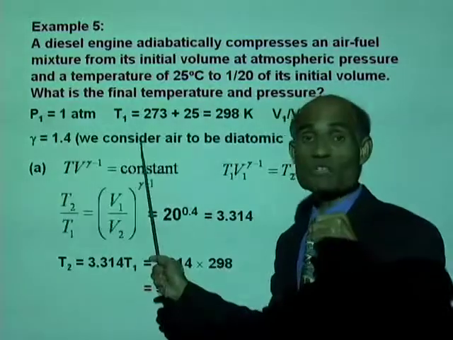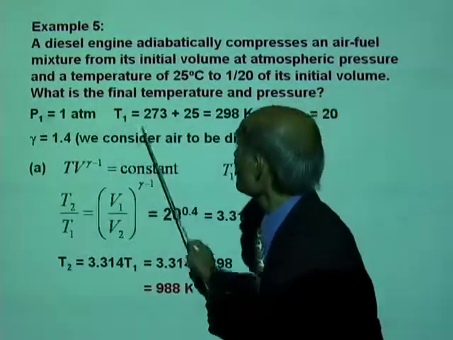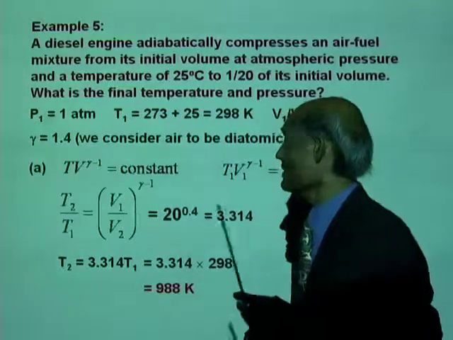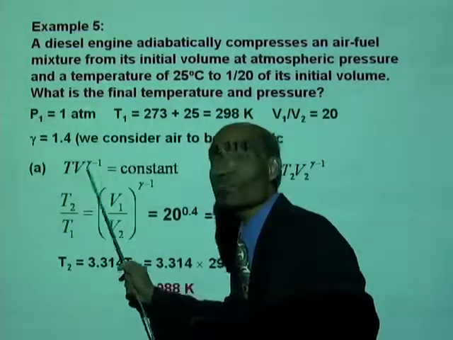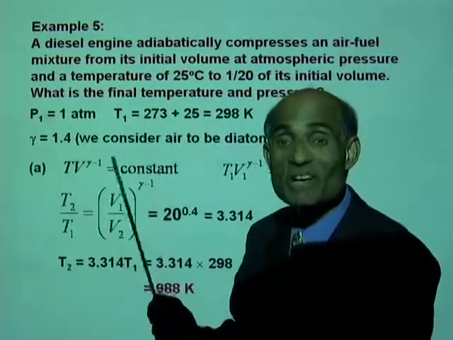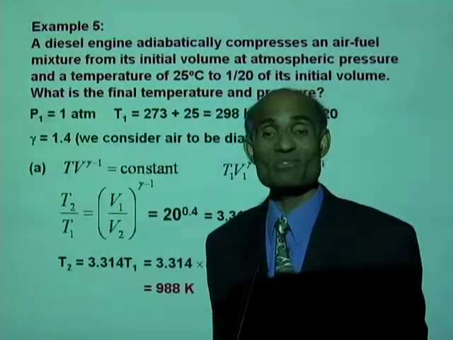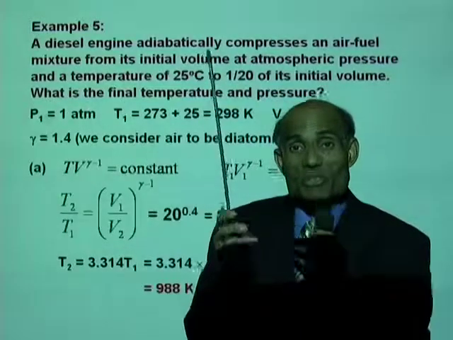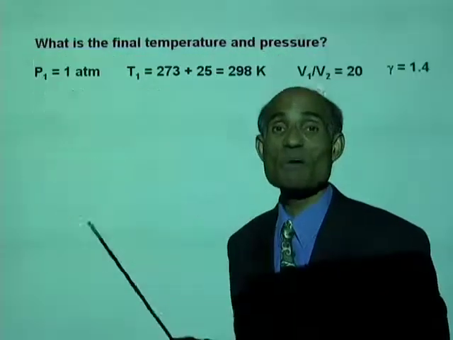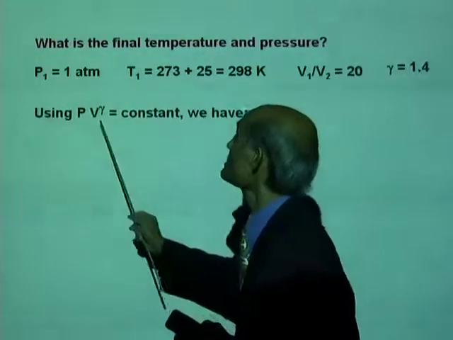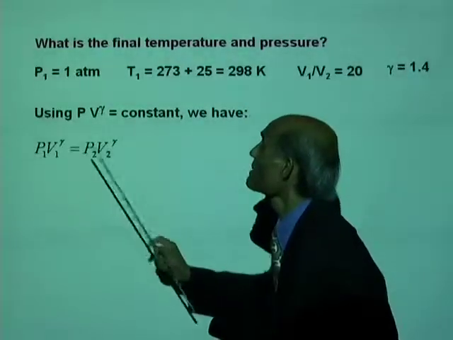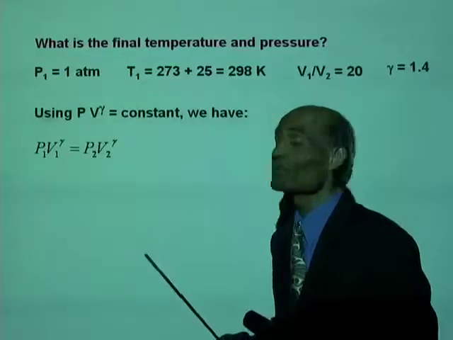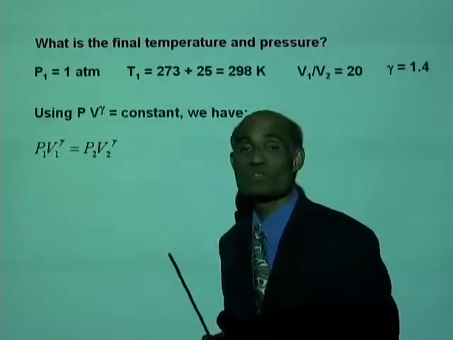We're going to find the pressure now. We need to find the final pressure. How do you find the final pressure? In place of this equation, we now use the second equation for adiabatic expansion or adiabatic compression. PV to the power of gamma is a constant, and we have P1 V1 to the power of gamma equal to P2 V2 to the power of gamma,